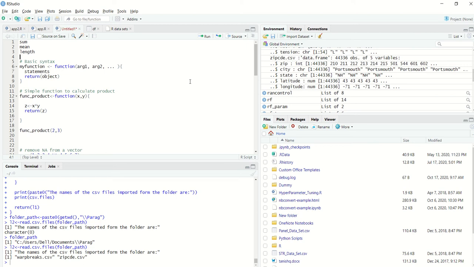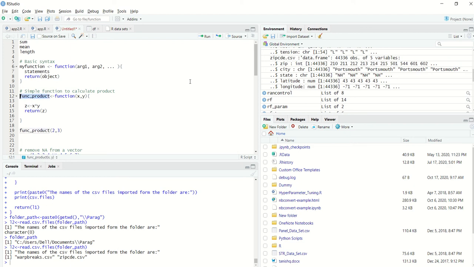The way to create a function in R, in simple syntax, is that you name a function and then you follow it up with the function keyword where you give what arguments it is going to take, and then you specify what exactly it is going to do with the arguments, and ultimately after execution what exactly it is going to return. Now, having said that, let's look at how to calculate the product of two numbers. Let's create a function that calculates the product of two numbers.